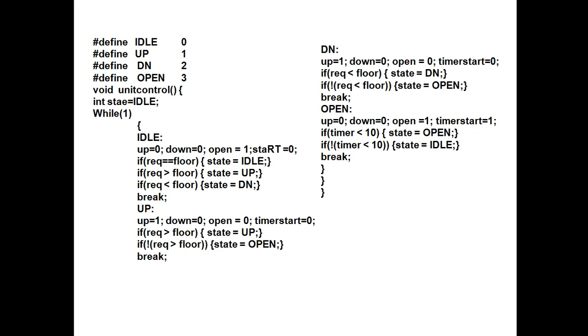Now if required is less than 4, the state of the data will be DN, down. Now if this breaks, what will happen? If required equal to floor, that condition is met and the state is idle. What will happen? The program will break itself, and from this condition it will jump to this up